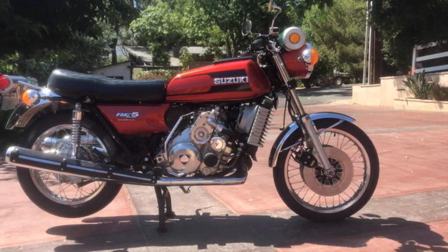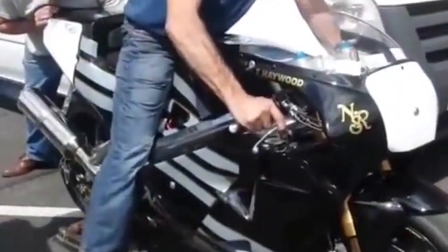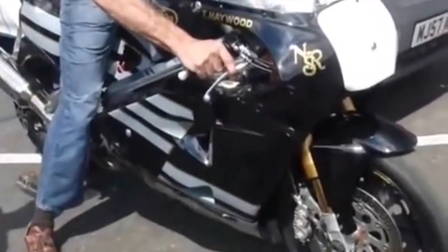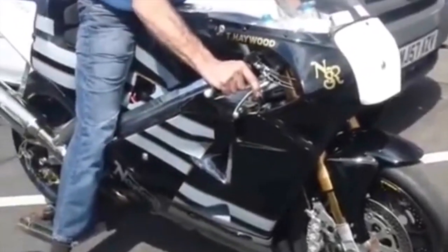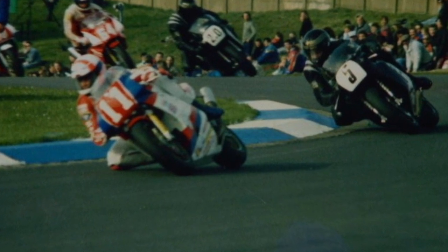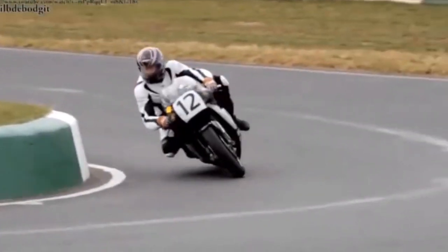Norton's rotaries would solve many of the problems which had so dogged the RE5. The Norton engine was much more compact and extremely powerful, and had an engine noise all of its own. However, fuel consumption was still terrible, and the emissions simply couldn't get past the regulations that were coming into place at the time. And the big issue really was that Norton simply didn't have the finances to make the bike